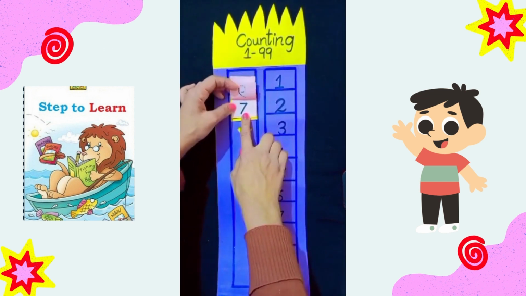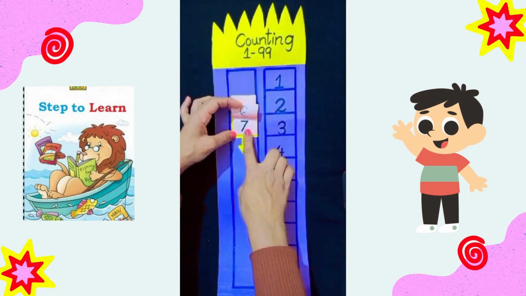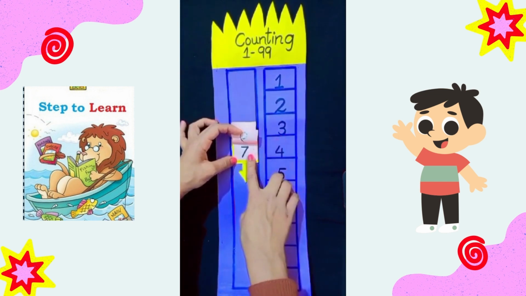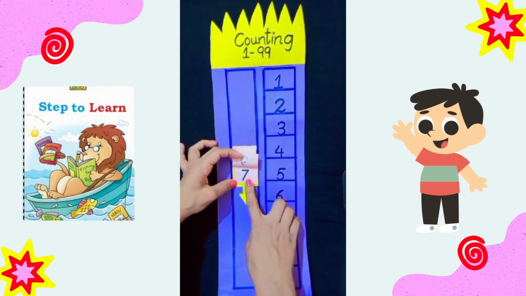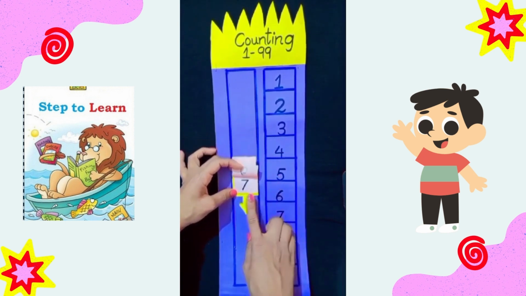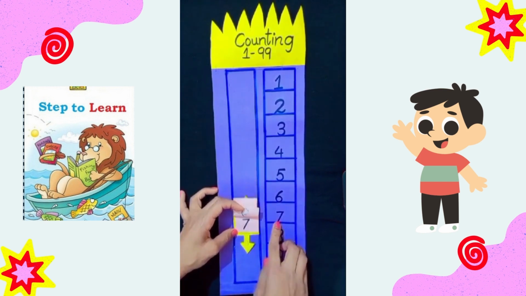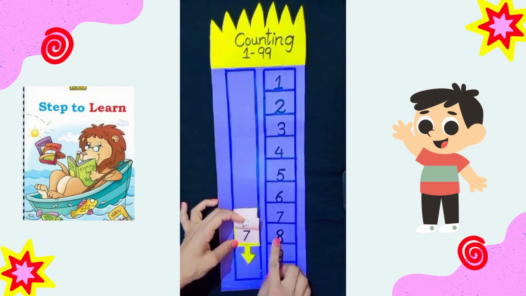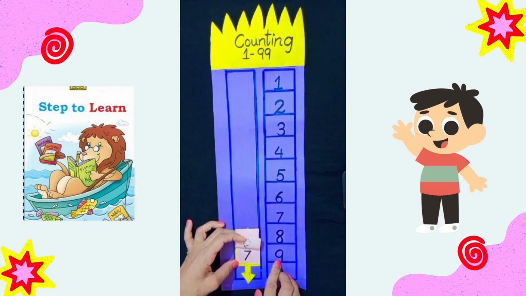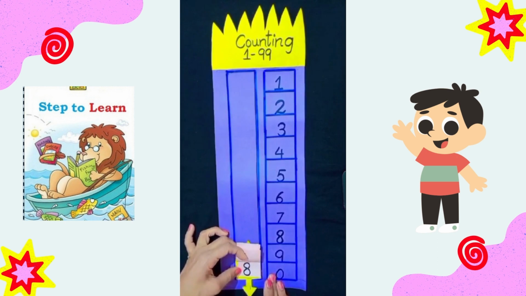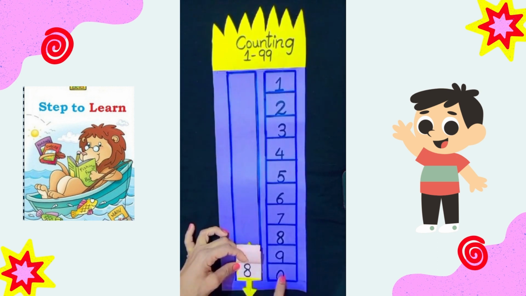71, 72, 73, 74, 75, 76, 77, 78, 79. What comes after 79? Turn the page. Yes, 80, 80. Now count from 80,